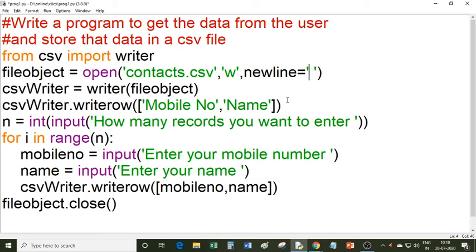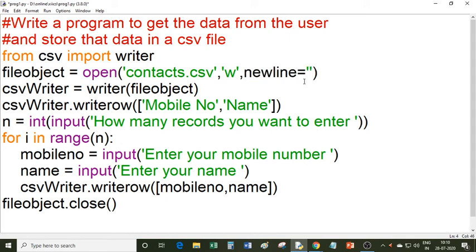You can get an idea from the Python manuals what type of values you can pass with this newline argument. But the simple fact is that if you don't want to insert a blank line in the CSV file, because whenever you write one record in CSV format it will put a blank line after each and every record, you can pass this argument.